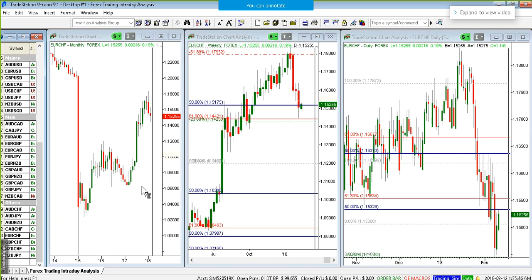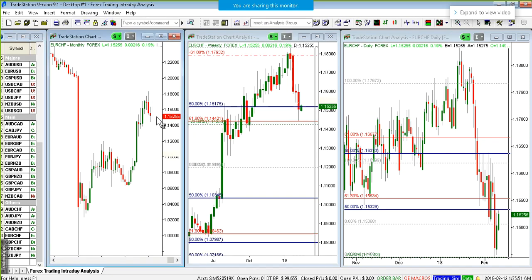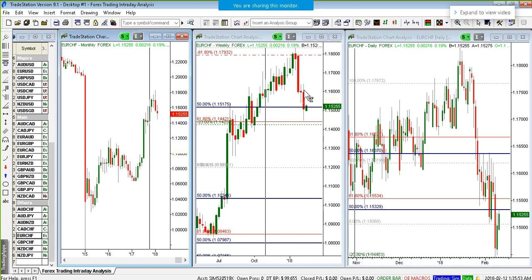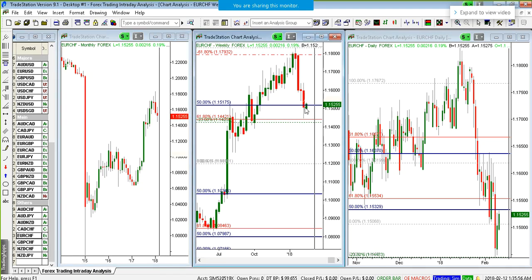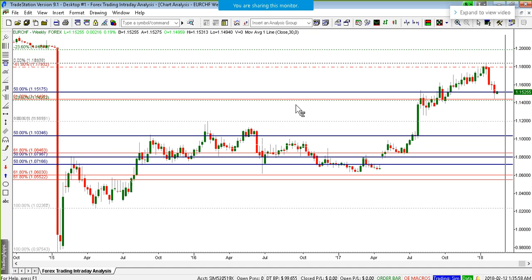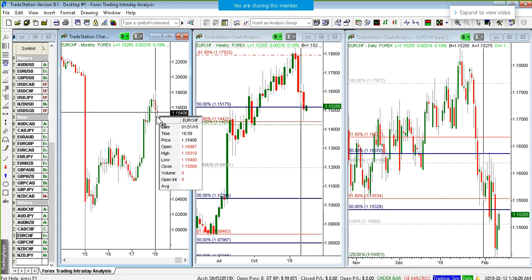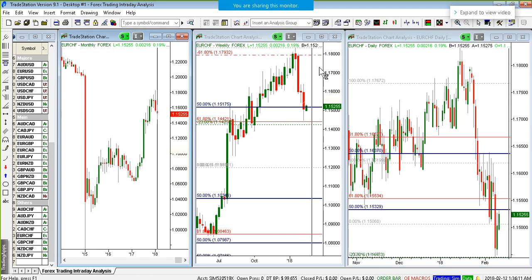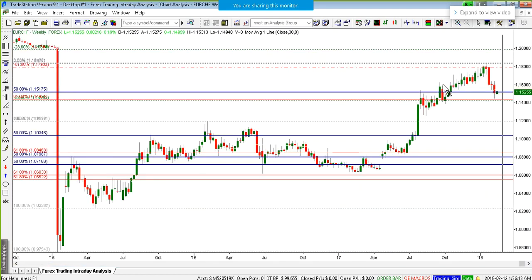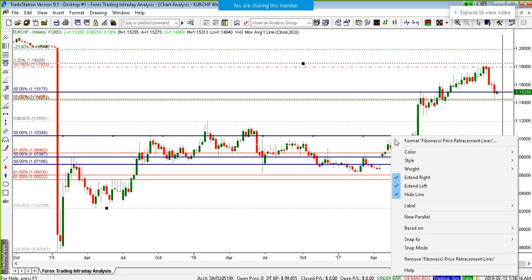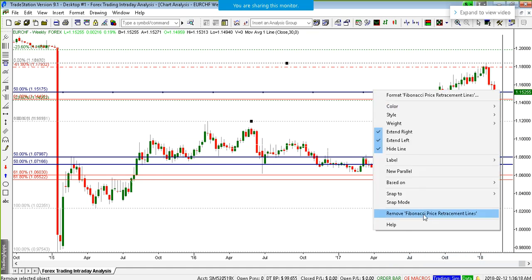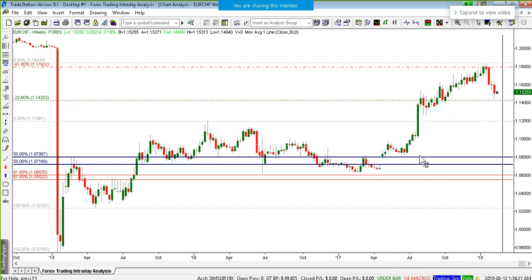Euro, Swiss franc has corrected in the last week here. We saw two strong daily moves lower here, weekly move lower here. Sorry, this is the weekly, so obviously talking about the monthly here. And this aggressive extension here is under pressure. Okay, where is this coming from? Well, we have